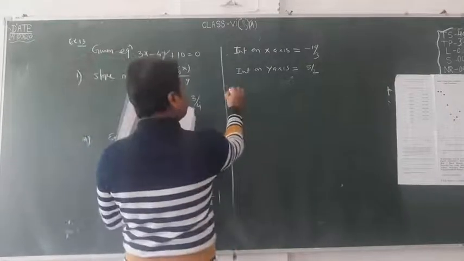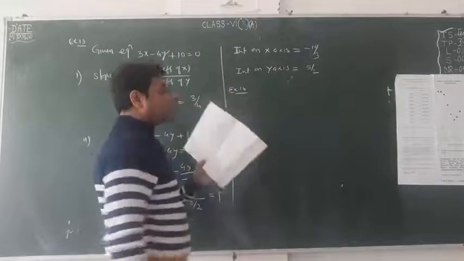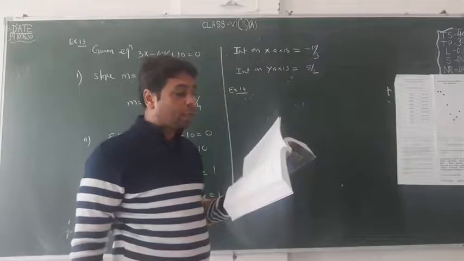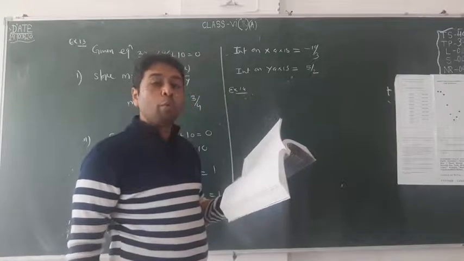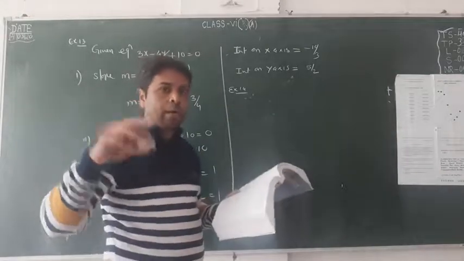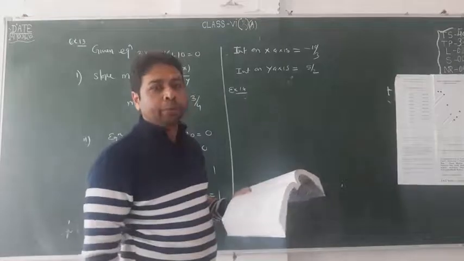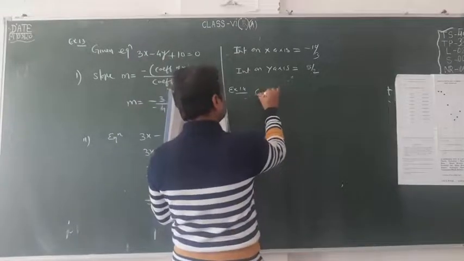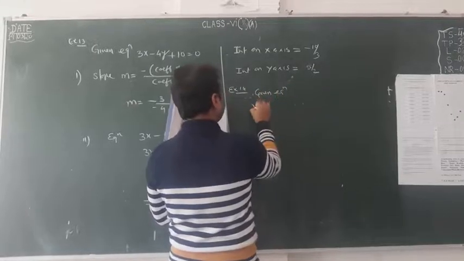Example number 14 I am doing here. Question 14 says, reduce the equation into normal form, and find the value of p and omega. Here omega is written, it's just like a w, it is omega. We normally say it is alpha, so don't get confused about that. So I start with the given equation.